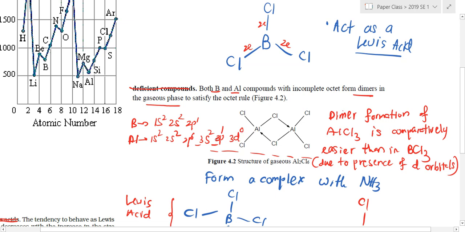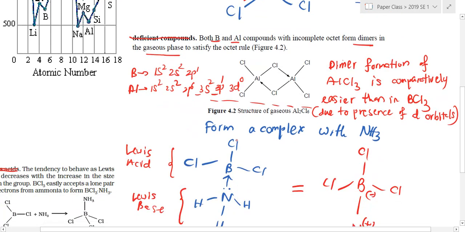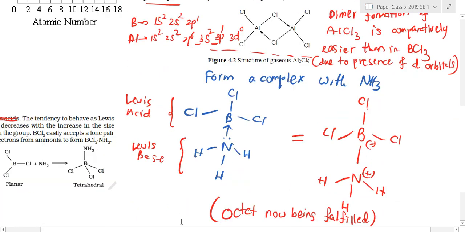There are some exceptional things in these kinds of structures which are not in your syllabus, but you should know this. Dimerization is somewhat more powerful in AlCl3 than in boron. That needs to be remembered, right? Okay, because of the presence of d orbitals in aluminium. And if you consider the boron fellow,